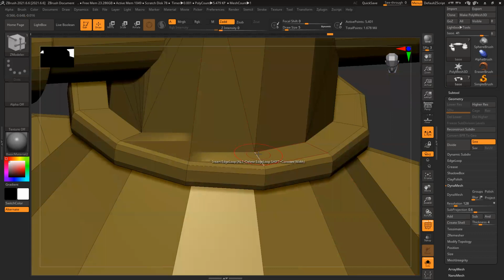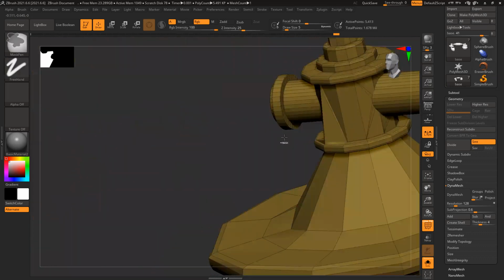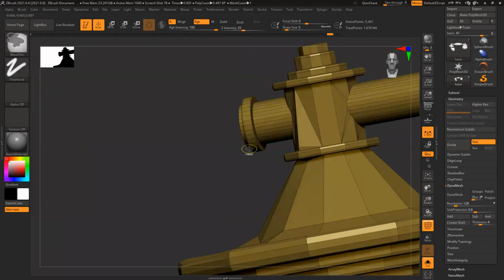I'll check that. That is self-fix, in high poly also can fix. I guess I deleted something, because of that it happened.